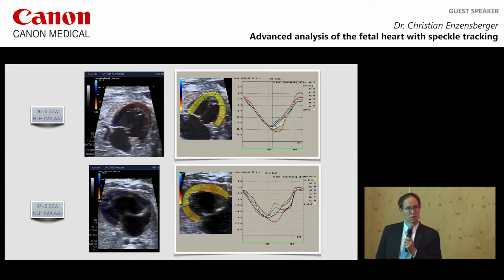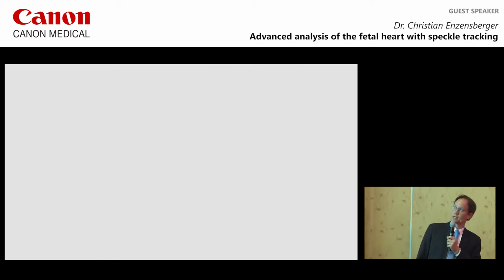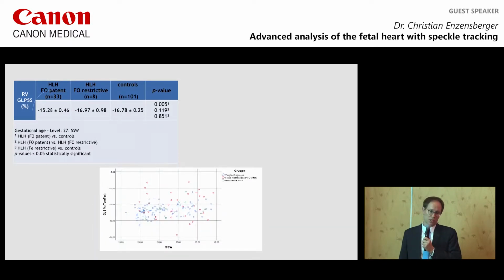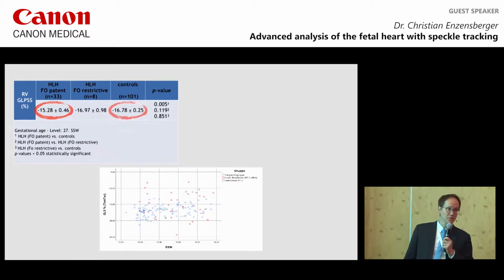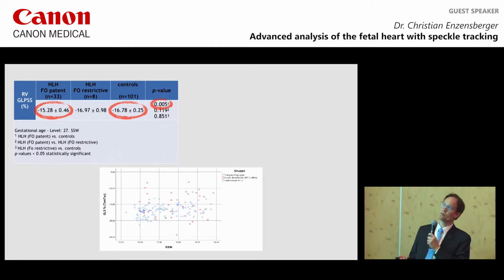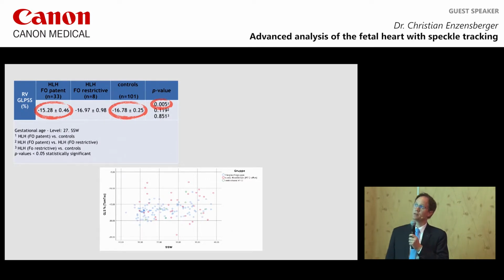First, it's quite interesting, and we performed a retrospective study with different subgroups of hypoplastic left heart. As you can see here, we have a hypoplastic left heart with an open foramen ovale, a group of foramen ovale restriction, and gestational age matched controls. The group with a patent foramen ovale and the control groups